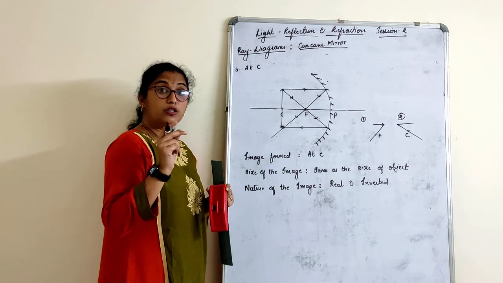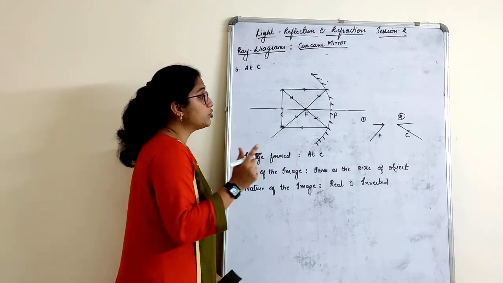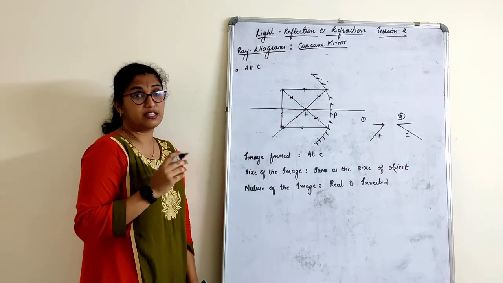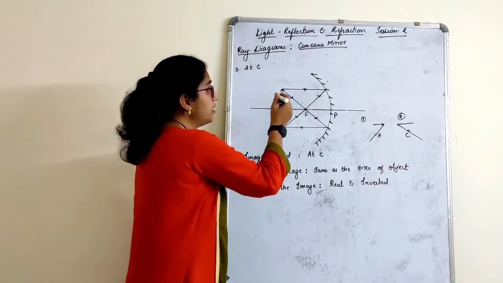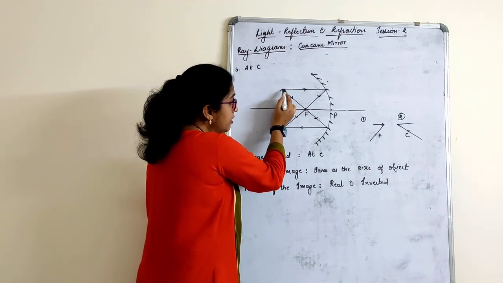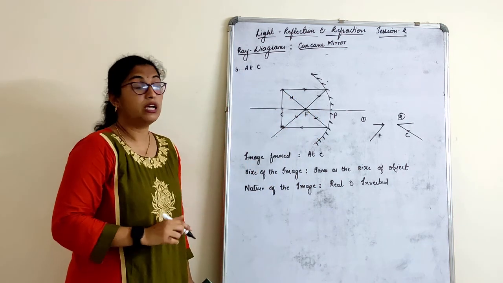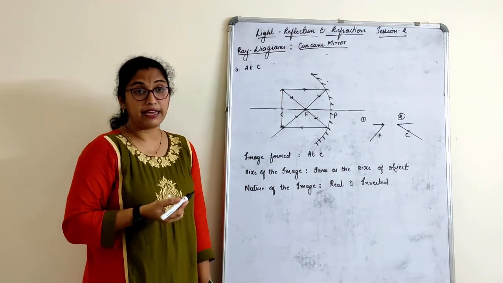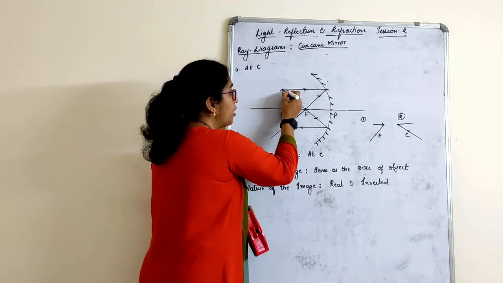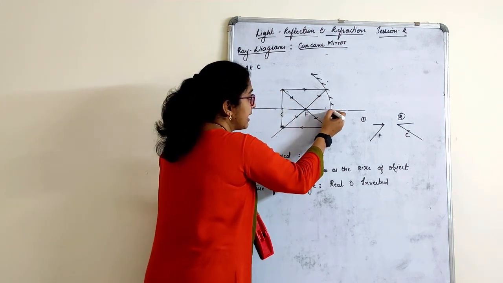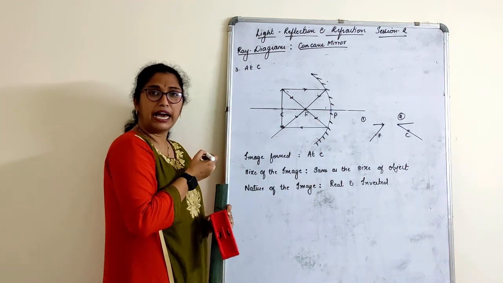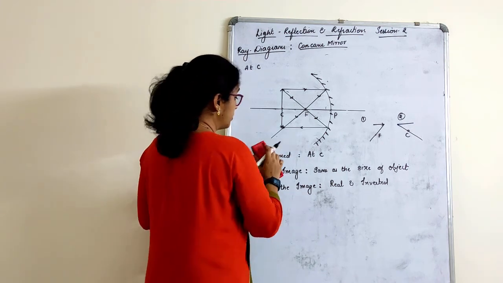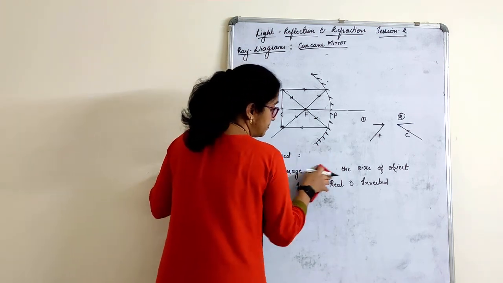Sometimes you can also follow another rule here, children. What rule? When you bring the ray from F and you have to bring it back parallel, if in case it is not coming, try another rule. Bring this ray directly to the P, directly to the pole. When the ray comes to the pole, what will happen? It will reflect back at the same angle. The angle at which you bring it here, with the same angle you bring it back. Angle of incidence is equal to angle of reflection. It can also cut here. Try that if you want. Okay, we'll go to the next one.